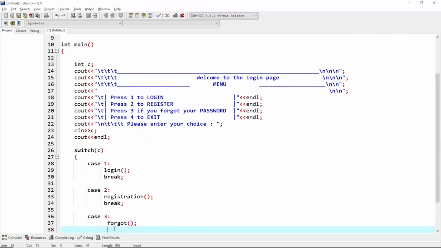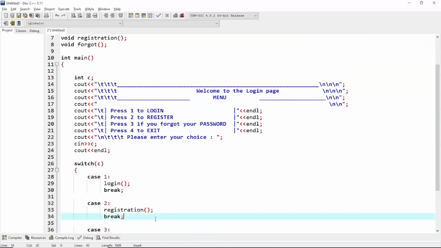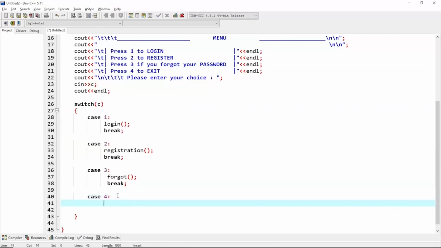That is, if the user forgets the password, then this function will be implemented. Now there is a case 4. In case 4 there would be a message saying that thank you, because case 4 would be exit. So we'll display a message saying that